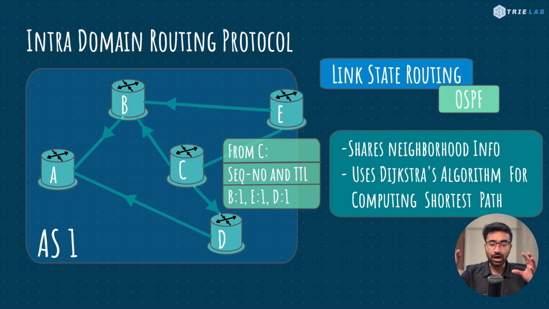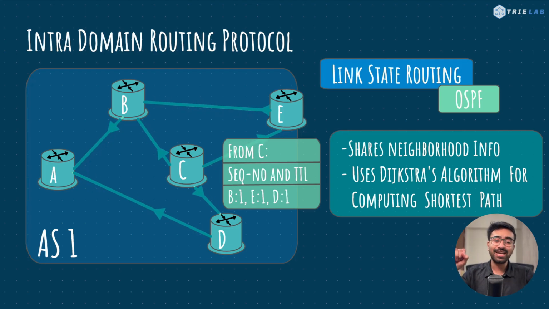This gives a router information on the entire topology of the autonomous system, and it can then use Dijkstra's algorithm to compute the routing table. Another interesting fact is that the Open Shortest Path First protocol doesn't really flood the entire network at once, since that may lead to network congestion as well. So what it does is divide the autonomous system into multiple small segments, and each of the segments can summarize information and share it across each other. We'll discuss this algorithm in detail in a separate video where we discuss Dijkstra's shortest path algorithm along with other shortest path algorithms. Cool.